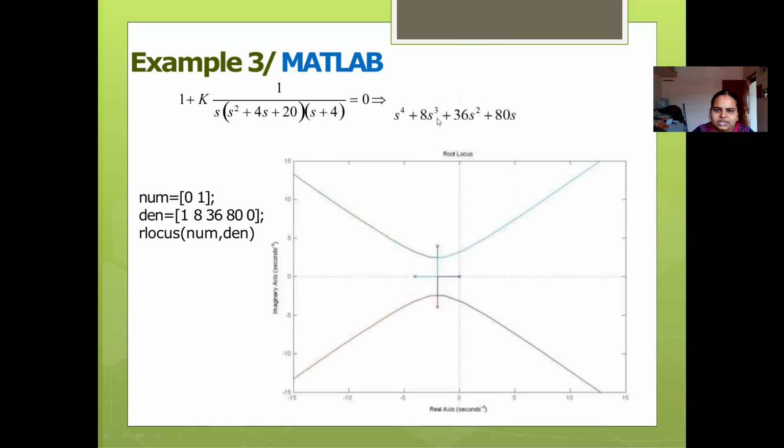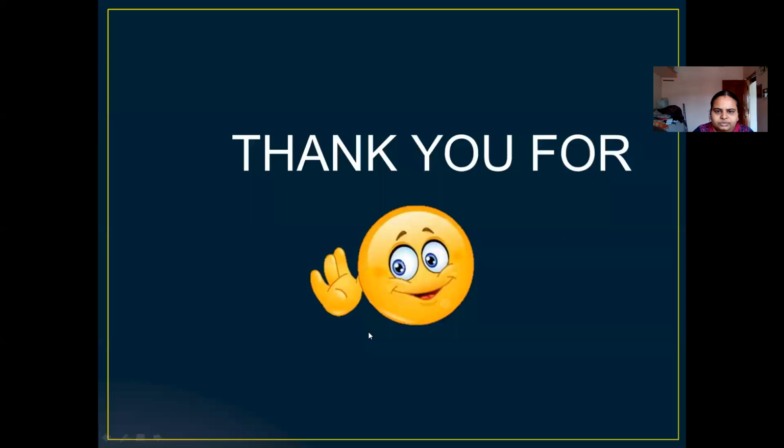Then one more example is given. Only the denominator, you just observe here. The coefficient value is 1, then 8, 36, then 80, and one more constant value is not there, for that reason that will be 0. Then again you will get the graph like this in MATLAB. Directly, we can tell where it is moving. This is how we are going to be using it for our